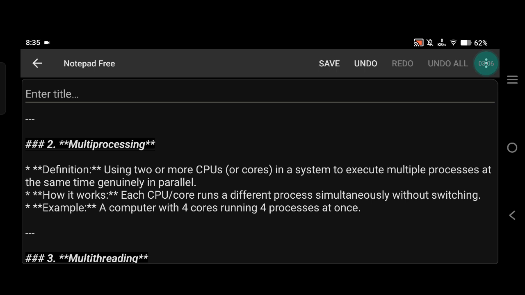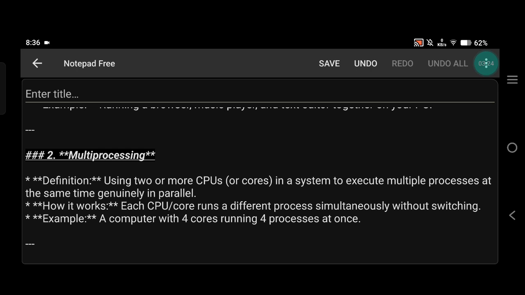See, multiprocessing takes this idea further. It involves having multiple CPUs or cores inside a single computer. Imagine a quad-core processor. It has four independent processing units. Each CPU core can handle a different process at the exact same time,